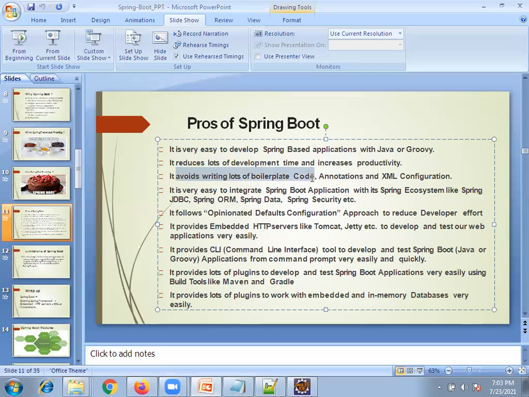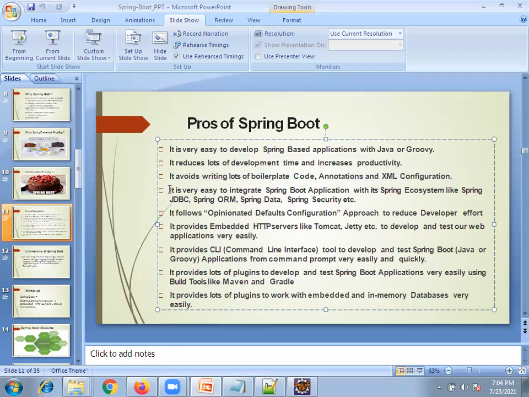It avoids a lot of boilerplate code, like converting the primitive data types to wrapper classes. Apart from that, while communicating with the database, you are exchanging the data between layers. Again, you need to write setters and getters, getting the data, setting the data. Lot of code you need to write. And you need to write PreparedStatement, connection open, connection close. Again, you need to write the database query. So all this stuff we no need to write. And a lot of annotations we are not going to use, and XML configuration we are going to completely avoid. Got it? By using Spring Boot application.